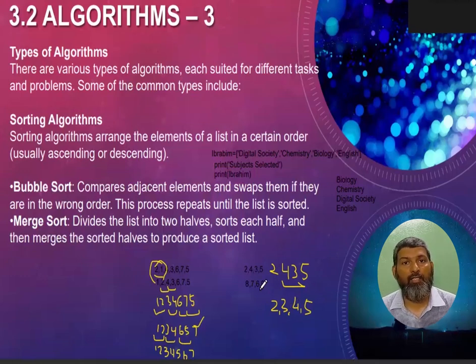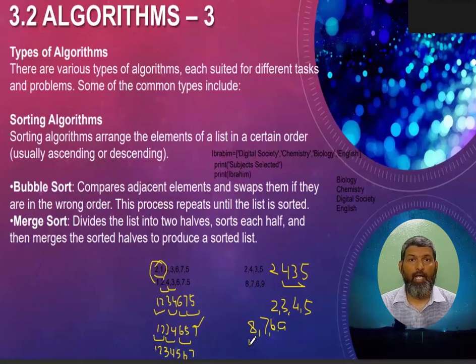And then this would be the next one, 8, 7, 6, and 9. So now here you have to swap this. This would be 7, 8, 6, 9, right? Okay, then you have to swap this one also, 8 and 6. Sorry, I've done something wrong. Just a minute. This would be 8 and 7. This means 7, 8,